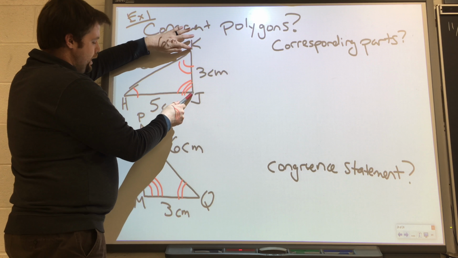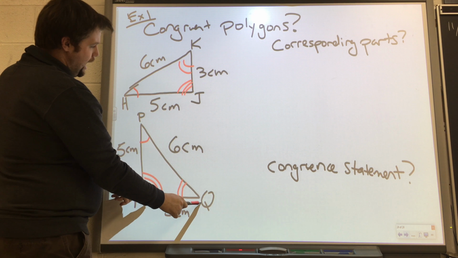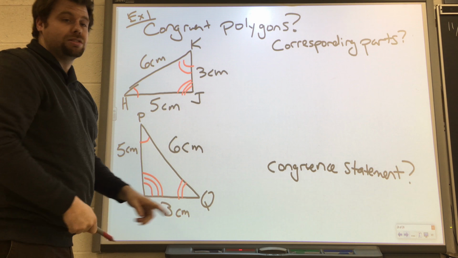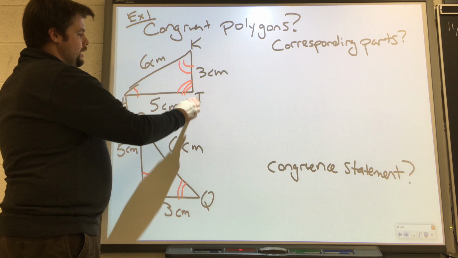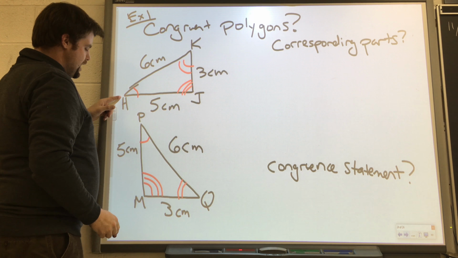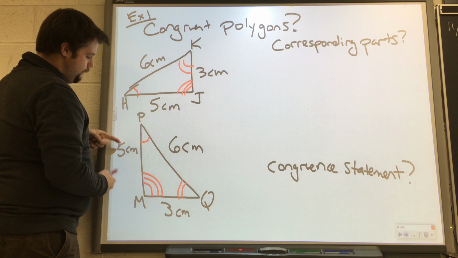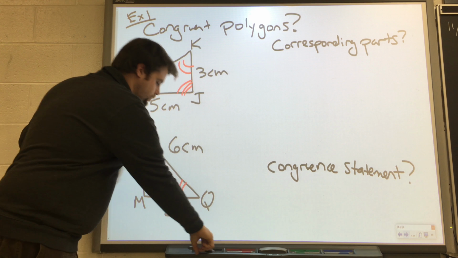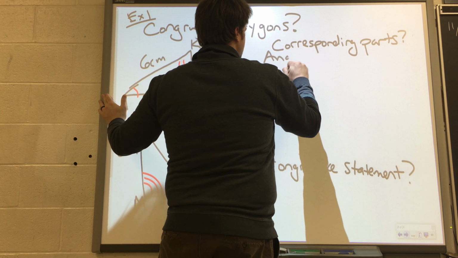Go to this one. It falls between K and J. K goes along with Q, J goes along with M. So this side goes right there. 3 centimeters, 3 centimeters. Great. Congruent and congruent. And then finally, J and H. J goes along with M and H goes with P. 5 centimeters, 5 centimeters. So what I have just basically shown is that all of your angles, your corresponding angles